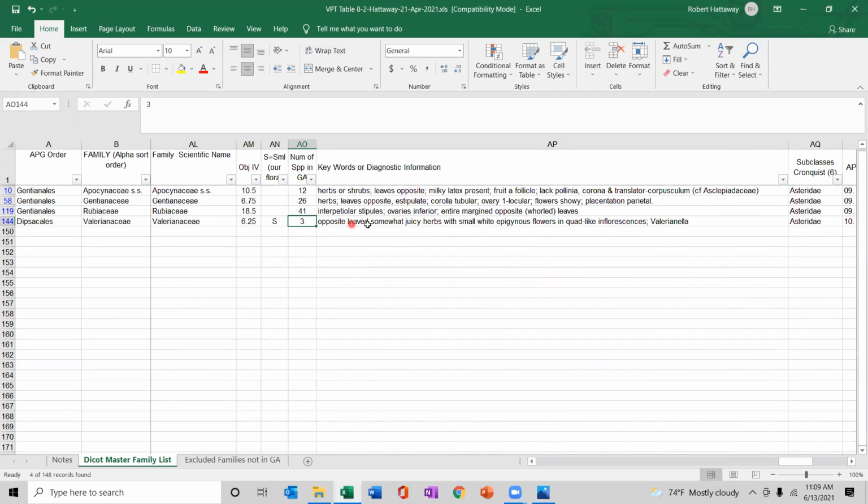All right, opposite leaves, somewhat juicy herbs with small white epigynous flowers. That means inferior ovary, and quite like inflorescence, Valerianella. It's a salad, some kind of salad is a common name. But anyway, that's not our plant, and they're not strictly white. It doesn't fit. They're not small, juicy herbs. Well, they're not small flowers. You really can't appreciate what the flower's like. All right, now